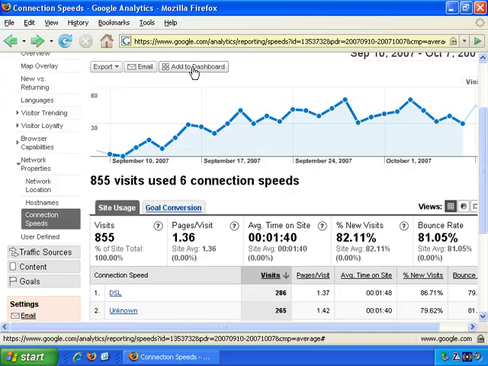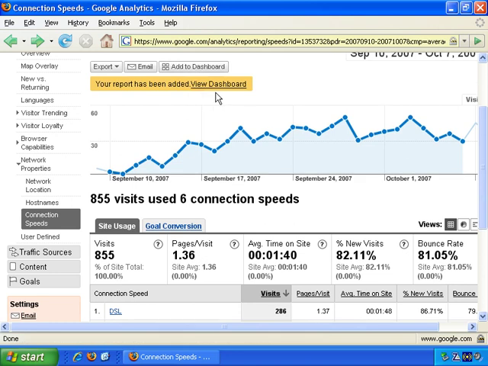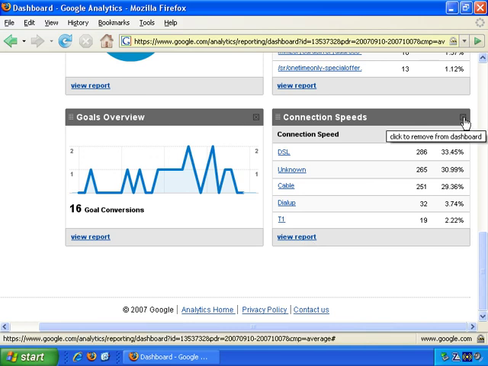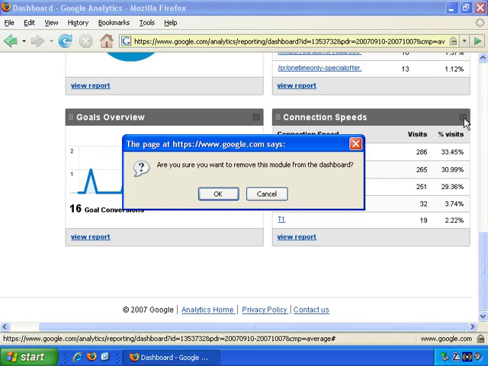Finally, if we go back a screen, Add to Dashboard, and it's been added. And if I go to the dashboard now, and there we go, added to the bottom right of the dashboard, there's the connection speed summary screen. And you can click to be taken straight through to that full in-depth screen. Then if you want to get rid of it, click, and if we OK,